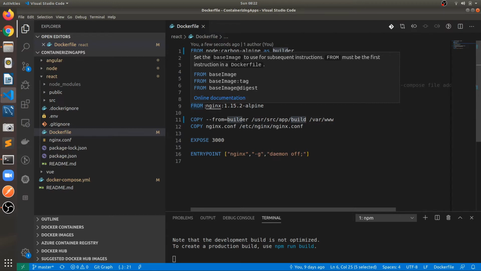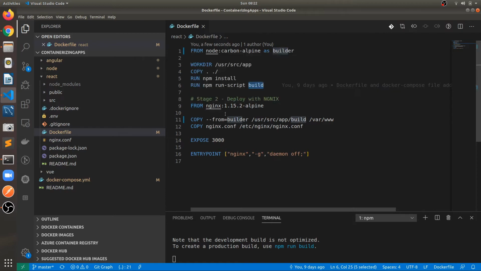Whatever static files get created in the build folder will be served through this nginx server. Our build folder will get created inside this React app once we run this script. Right now we are running inside the container, so inside the container I will show you how it gets created.